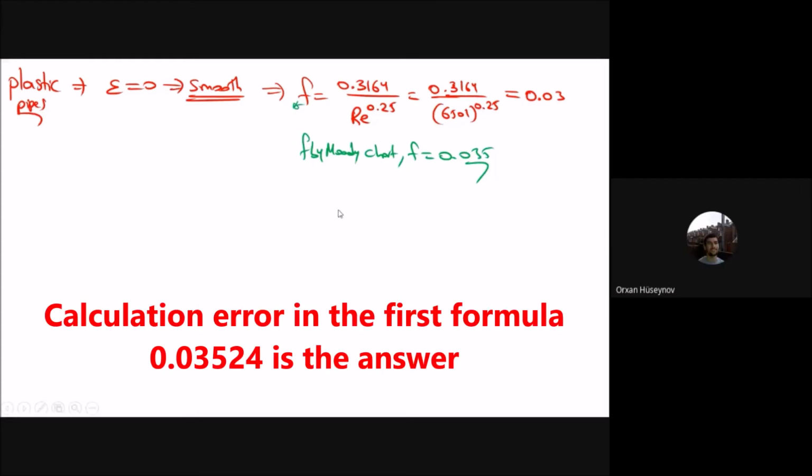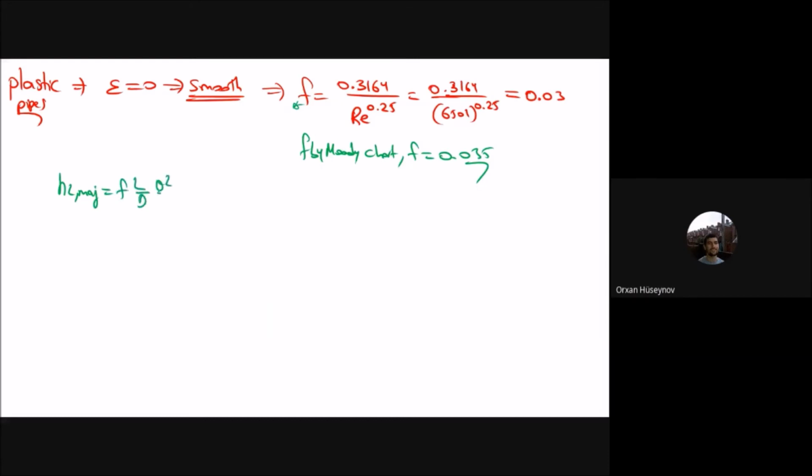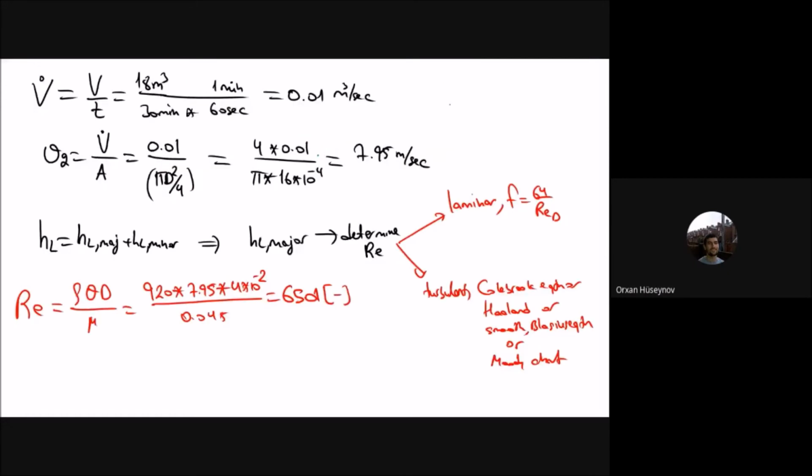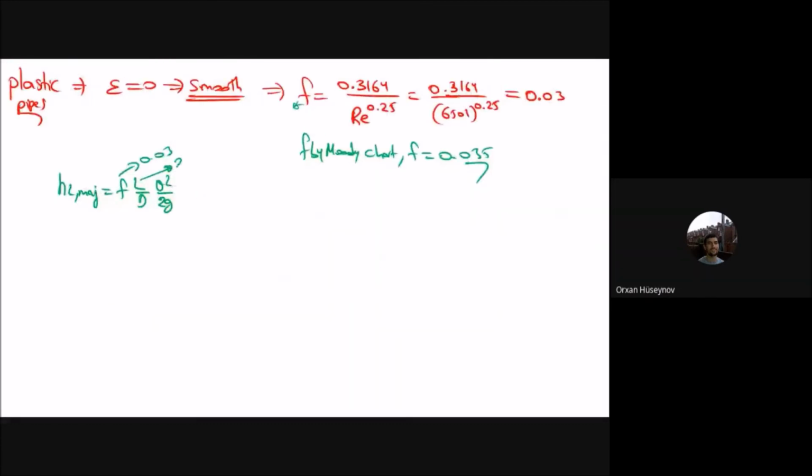Okay, so now comes finding the HL major part. Major part will be F L by D V squared by 2G. F is 0.03, okay, and the L of the pipeline section is, where is that L? 25 meters, and the diameter is 4 centimeters, 4 times 10 to the power of negative 2. And the velocity is 7.95 meters per second. And from here, you can calculate the major loss. You can tell me the value of the major losses. And then